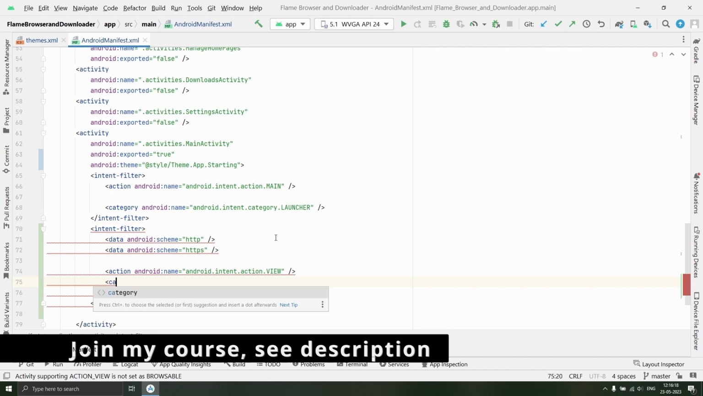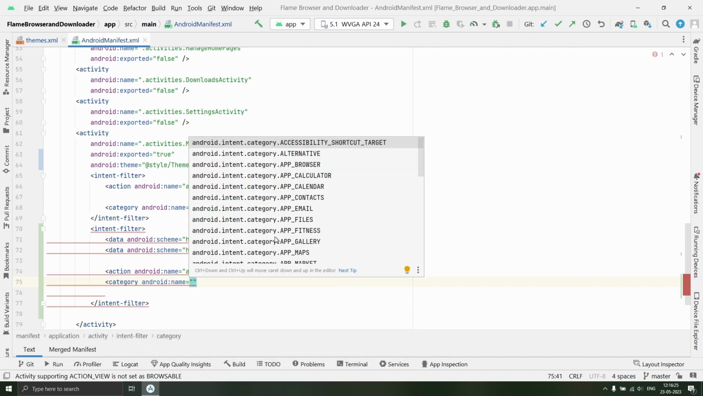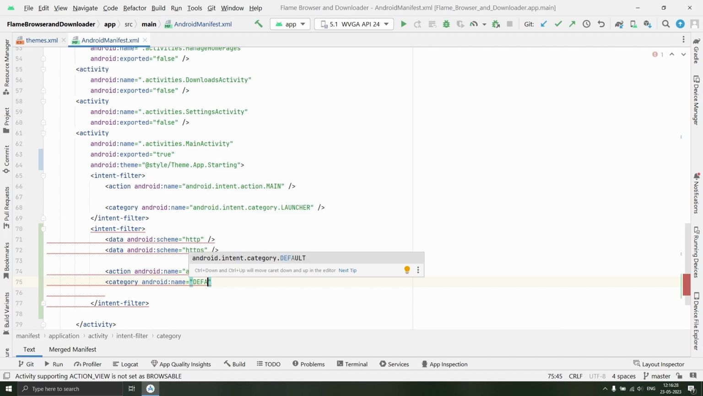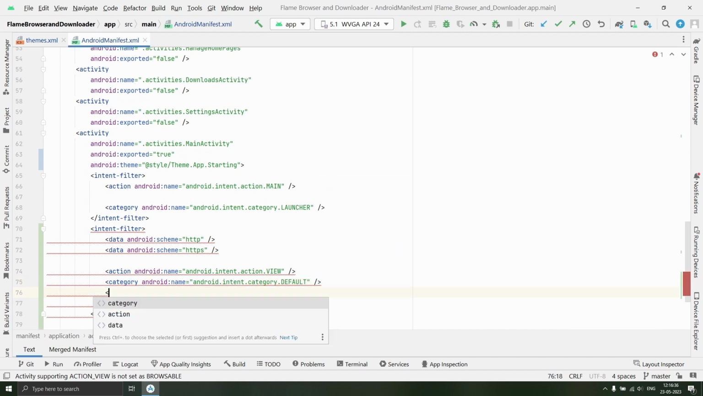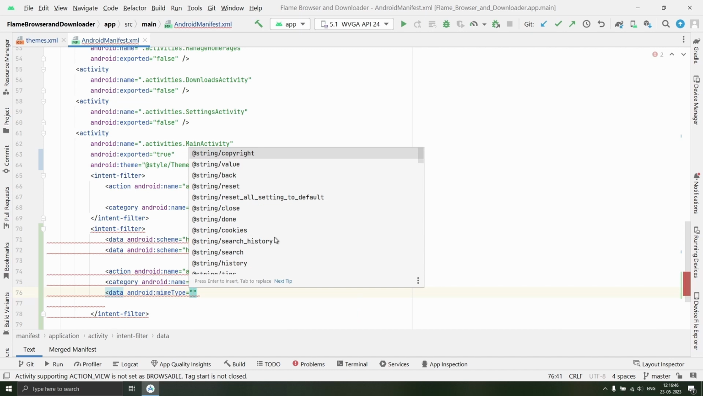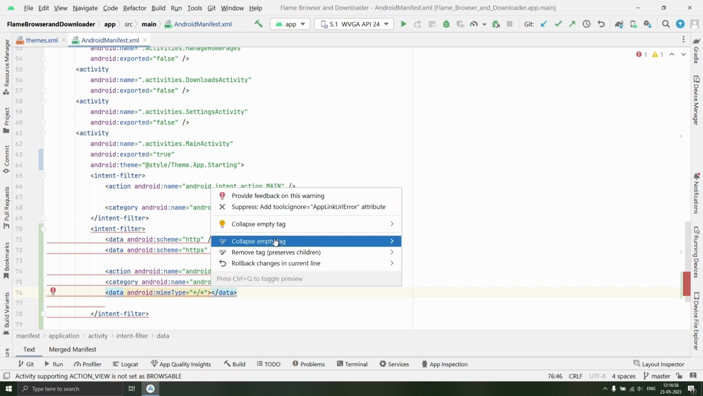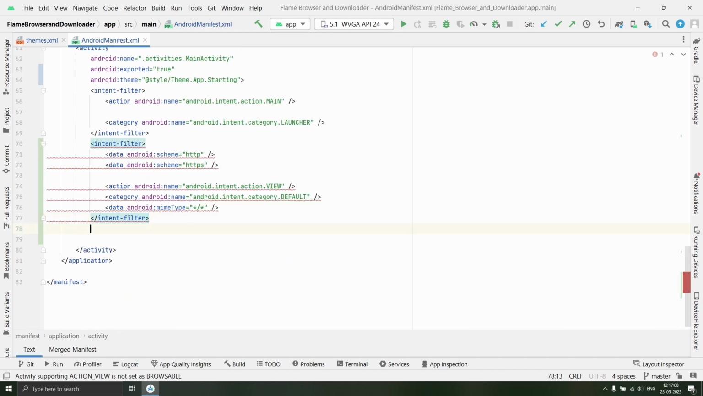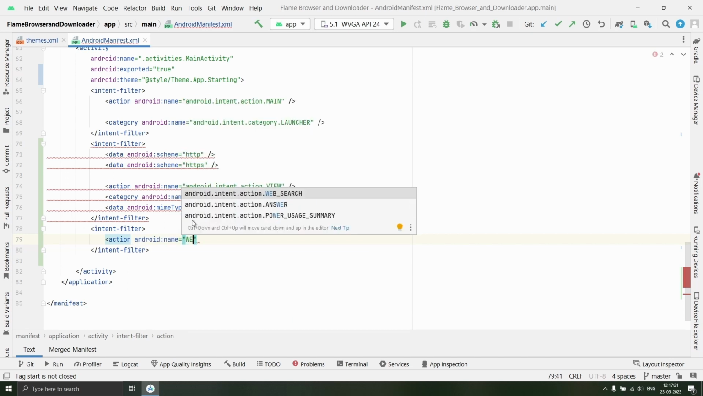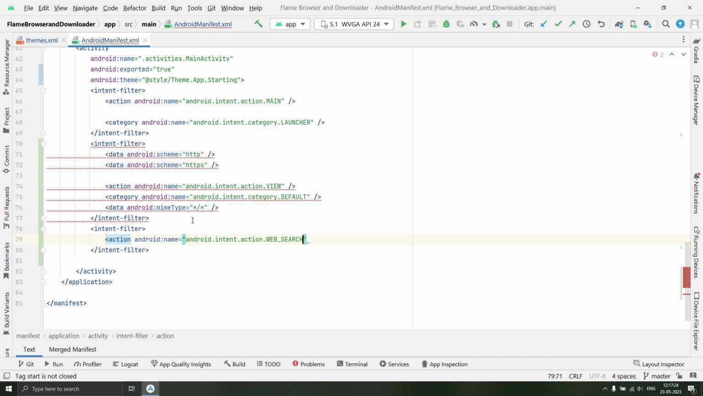Then we will add category and specify android:name to android.intent.category.DEFAULT and we will collapse the empty tag. Then we will add data and we will specify android:mimeType to */*. So all is specified by asterisk mark and we will collapse the empty tag. After this we will add one more intent filter with action android.intent.action.WEB_SEARCH and collapse its empty tag